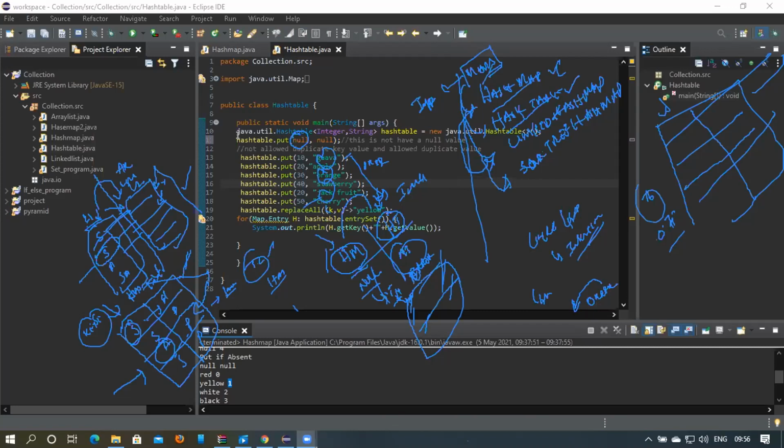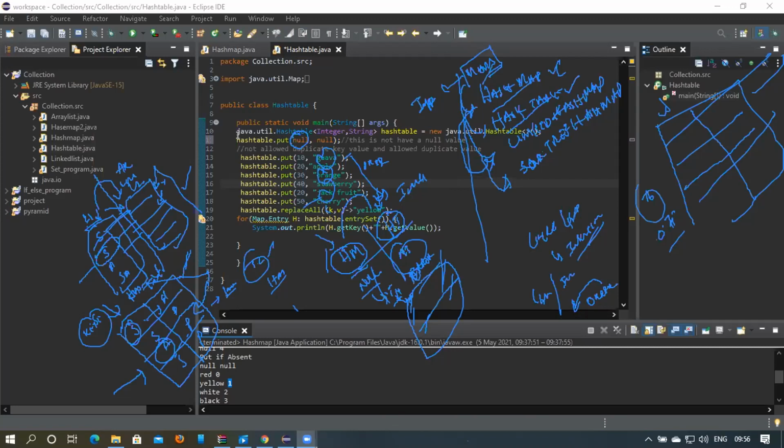Last in, first out. Does it maintain the insertion order or not? Yes, it maintains. So the answer for this one is, in a linked list, we will maintain the insertion order. Whatever element we insert will go in order, and when I'm trying to remove, I can remove it.